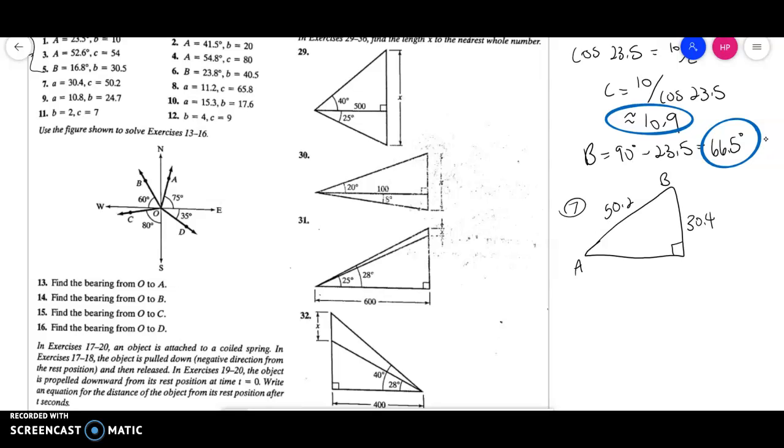So to find my missing side, again, I can just use Pythagorean theorem to get that done. So a squared, 30.4 squared, plus b squared equals 50.2 squared. So I can square my 2 numbers and then subtract whatever 30.4 squared is to the other side. Or I can just take 50.2 squared in my calculator